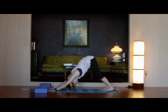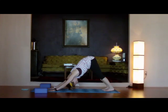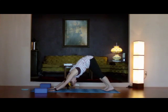It doesn't matter if they come straight. Don't worry about that. Pull your low belly in. One more deep breath in, fill up. Let go. Nice. All right, now take your right foot and place it behind your left, kind of on the top of your heel, Achilles tendon,